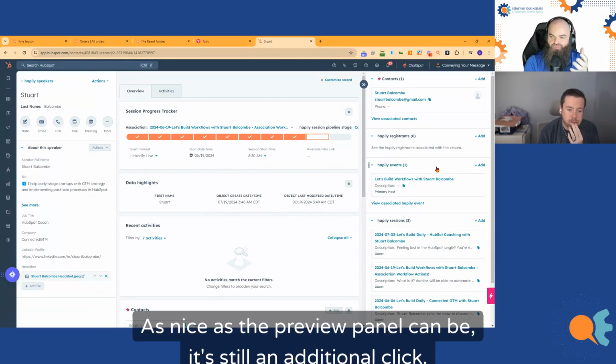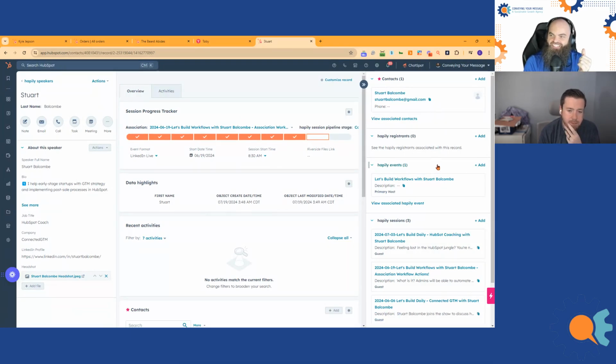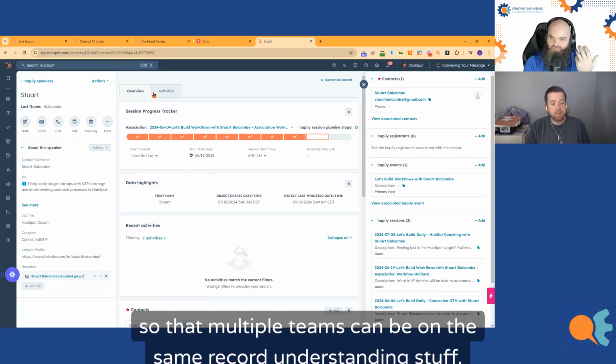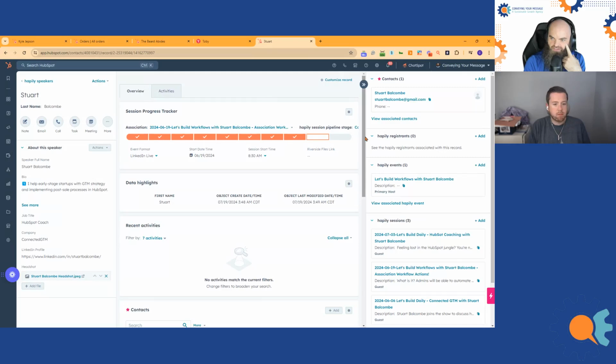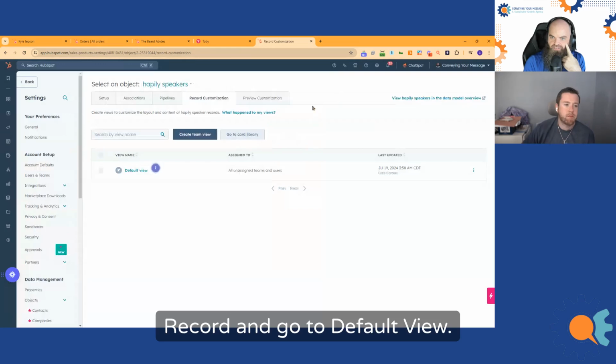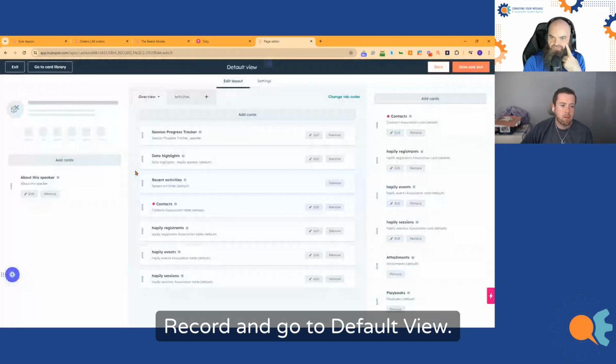As nice as the preview panel can be, it's still an additional click. So really maximizing, you've said you've got a few tabs in your views so that multiple teams can be on the same record understanding stuff. But as we open here, if we want to make changes, click on customize record and go to default view.